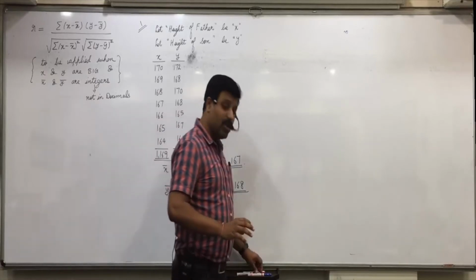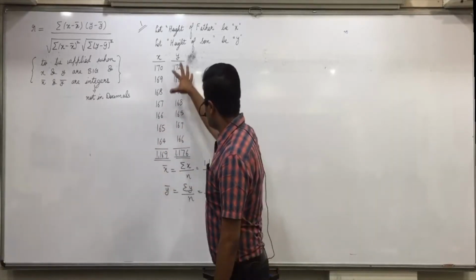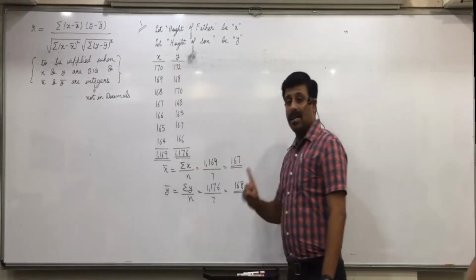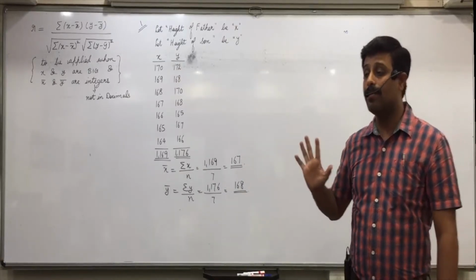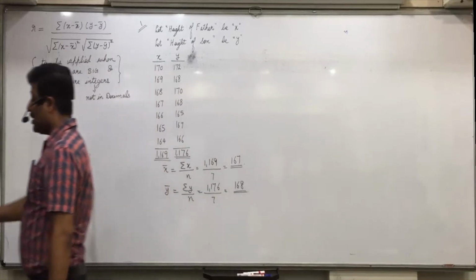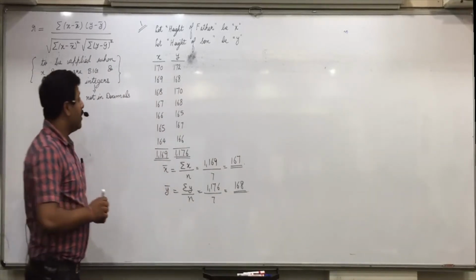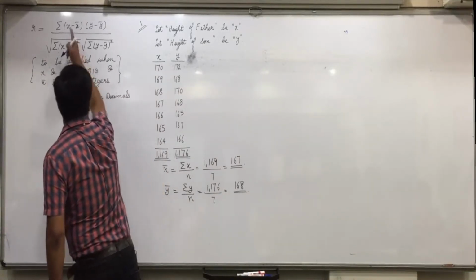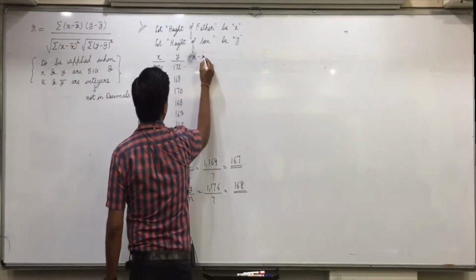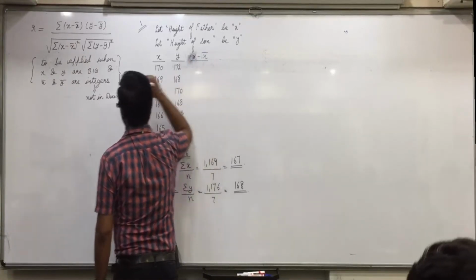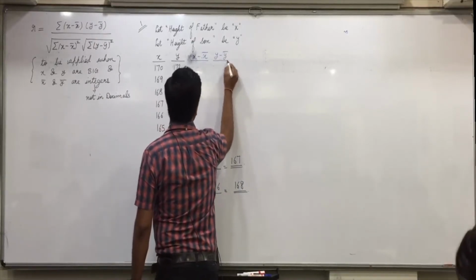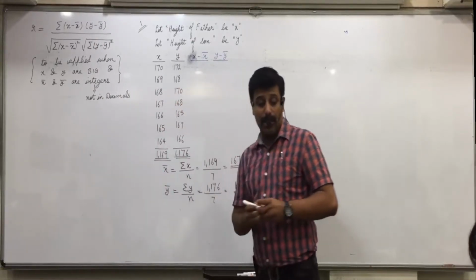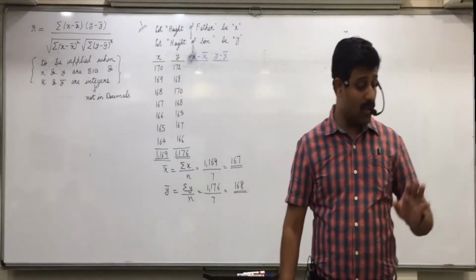All of you are clear when to use this formula? Values are big, x bar and y bar are not in decimals, so we can use this formula. Now what workings are required in this formula? Very first we need x minus x bar. Further we need y minus y bar. Understand it first, otherwise you will not be able to manage proper space.